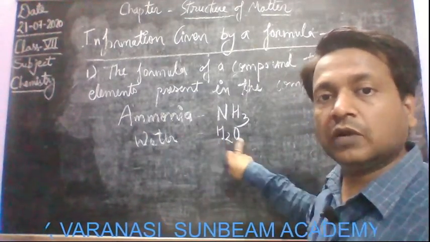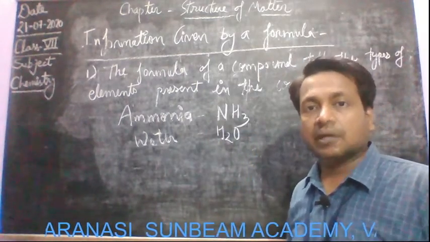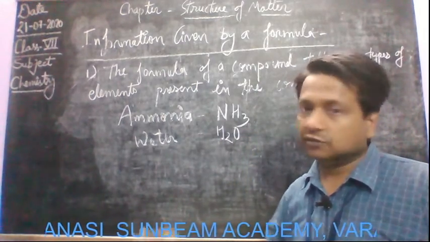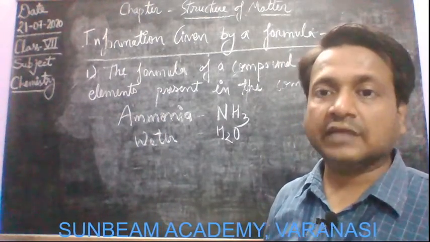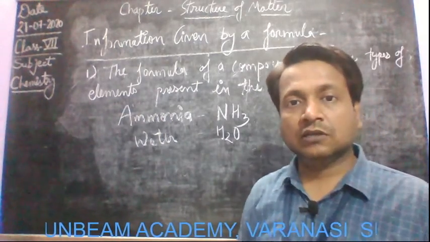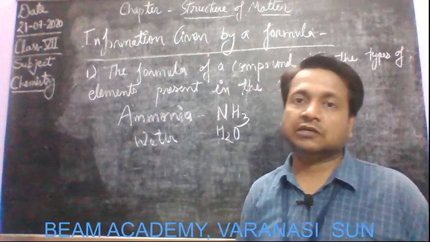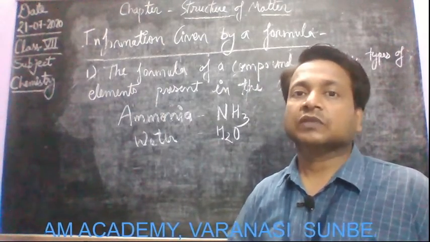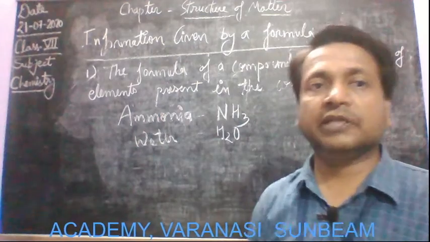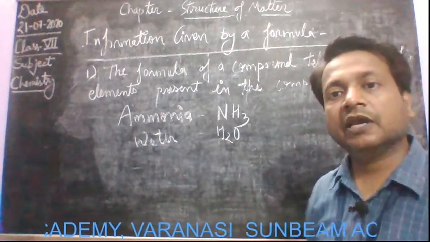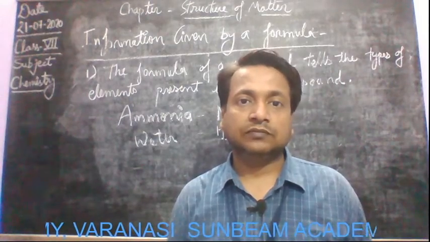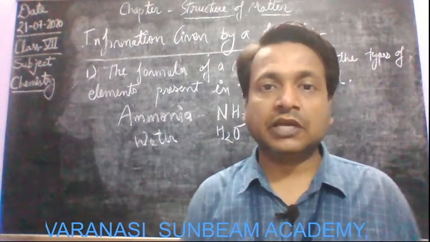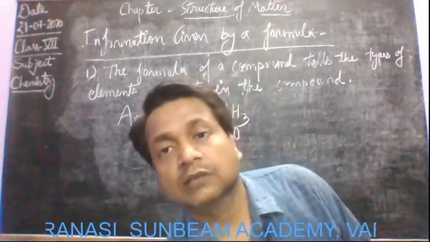So these two elements are present in this compound, and so on. Carbon dioxide, CO2, that is carbon and oxygen. These two elements are present. So just like that, the elements which are present in any compound, we can know with the help of their formula. Now the second information which is given by the formula,